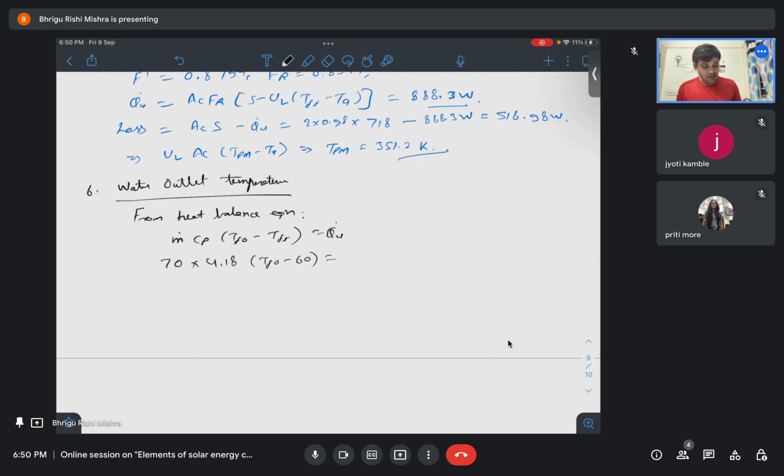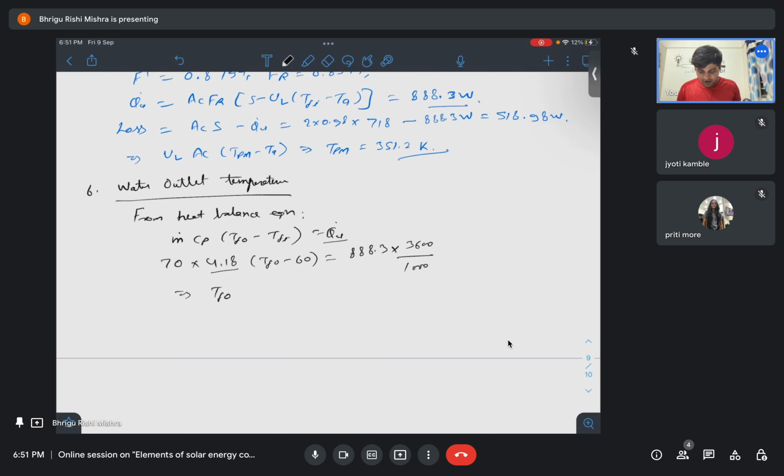Now here QU is given in watt, but since this Cp is in kilojoule per kg Kelvin and M dot per hour, we need to modify the QU unit so that the unit of the left hand side equals the unit of the right hand side. So it is 888.3 into 3600 to convert it into per hour, divided by 1000 to convert it into kilo. If you solve this,